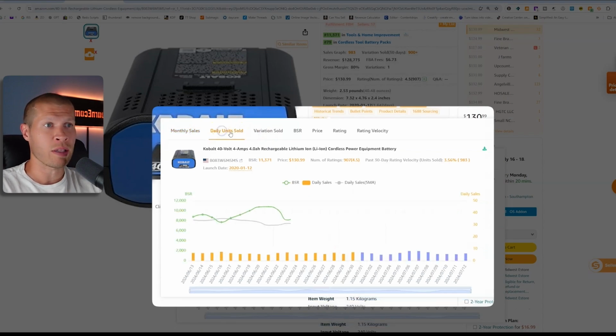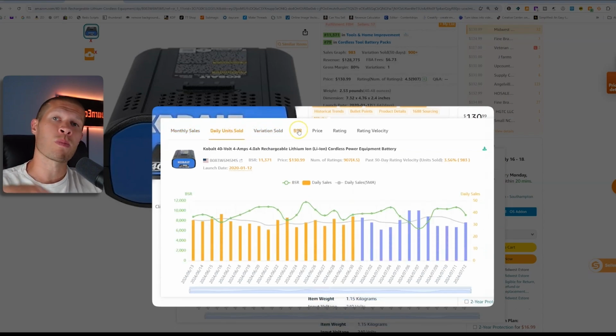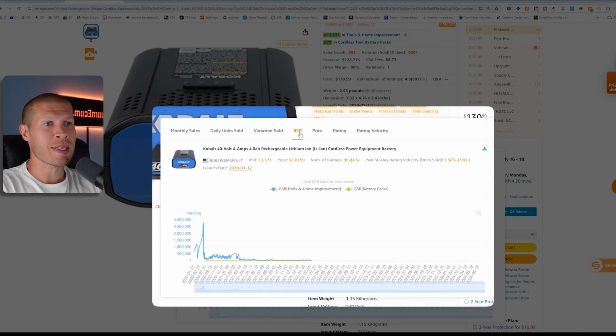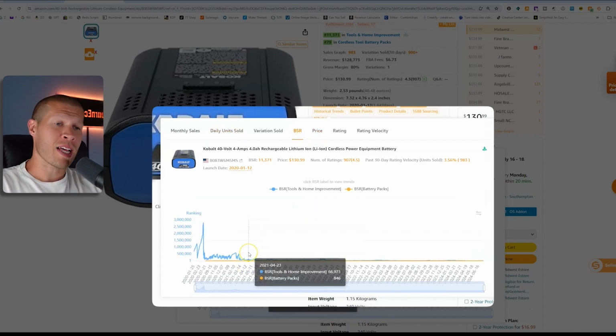You could also look at the daily units sold. You could look at the variations. But another thing that's great is it shows you the BSR, the price, and the rating, right? So again, you're not just getting it in that snapshot in time, you're getting the historical trend and data over time. So if we click the bestseller rank, we can see that a lot of times when you click this